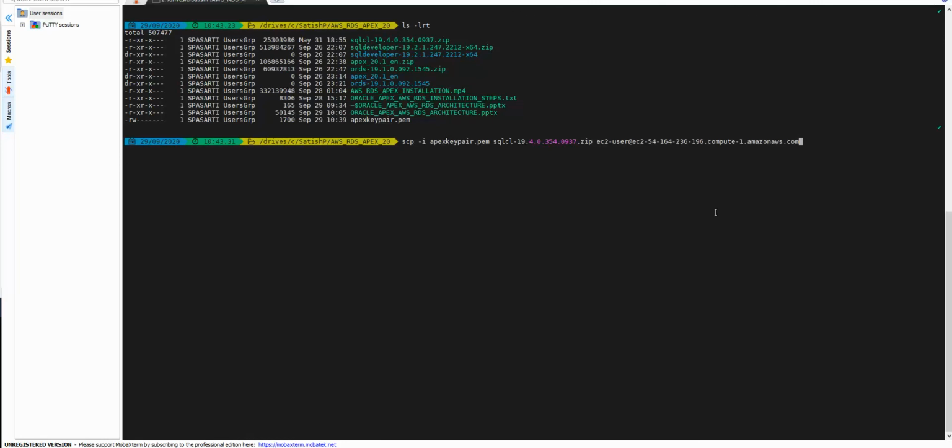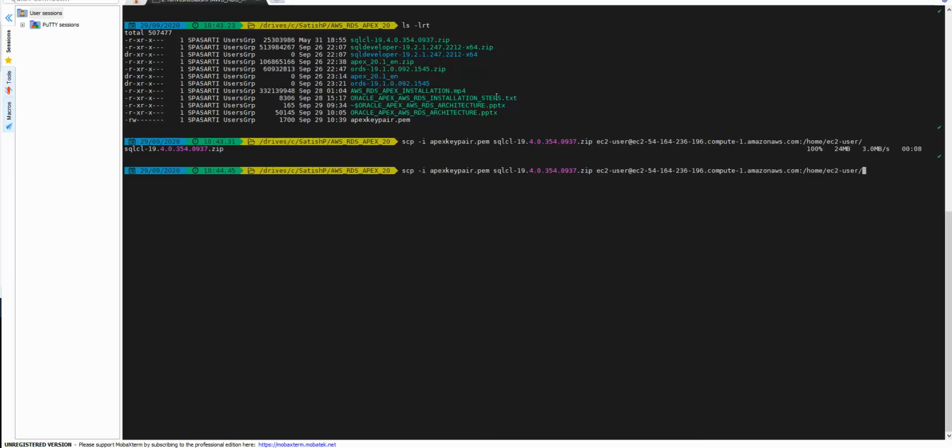I'll come here, and where we want to copy is home EC2 user. Okay, that's where we wanted SCP. So let's go ahead and SCP that one. Okay. We are transmitting the zip file. Okay, that is done, and while we are here, let's go ahead and transmit the other stuff also, which is Apex and ORDS also.